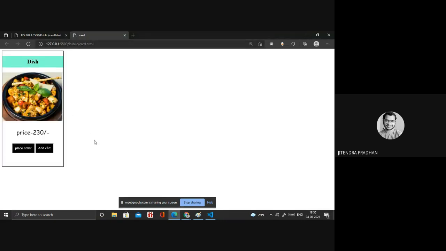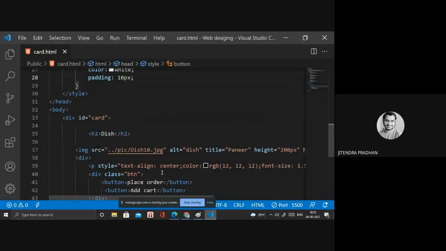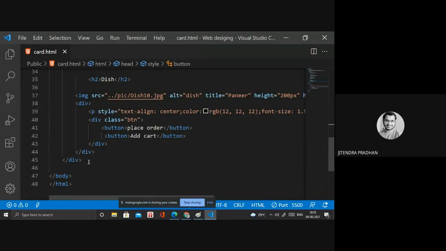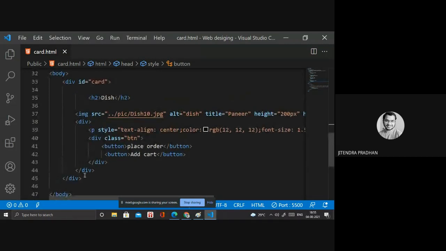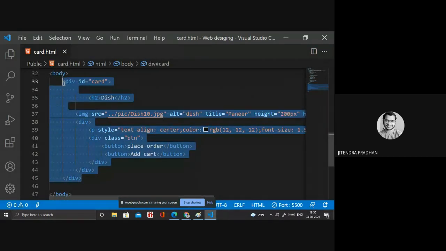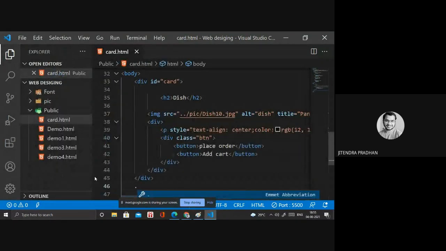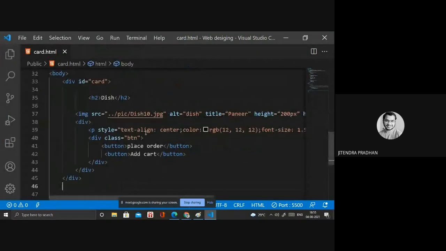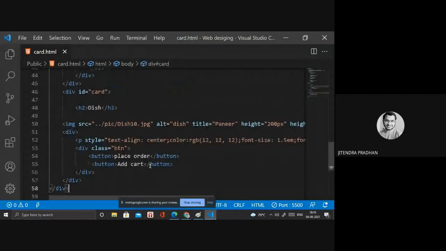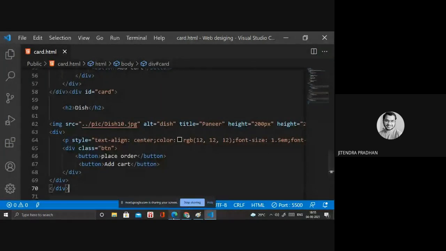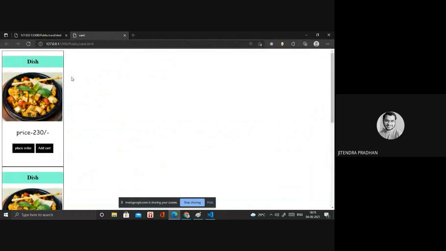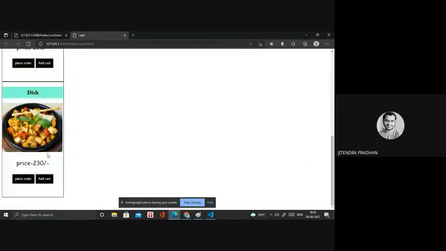Okay. This is a card. So you need more than one card, so you have to design more than one card in that. Wait, I will show you at first, then you will understand all these things. We'll copy that. When I paste again, it's added again. Yeah. Again. Okay, done. But it will be one by one, but I don't need that.